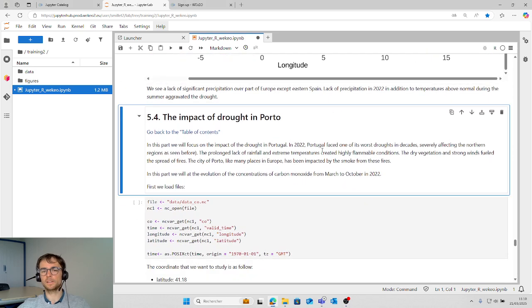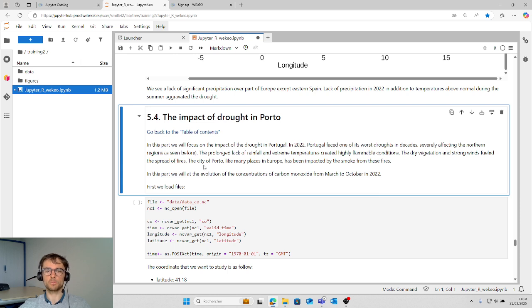Now we will see the impact of drought in Porto, especially on carbon monoxide. In 2022, Portugal faced the worst drought in decades, and the prolonged lack of rainfall and extreme temperature created highly flammable conditions.